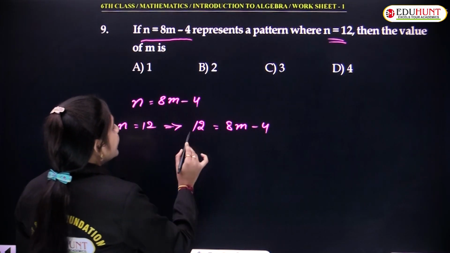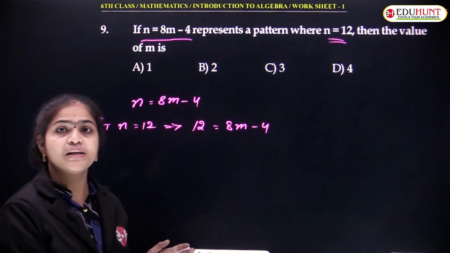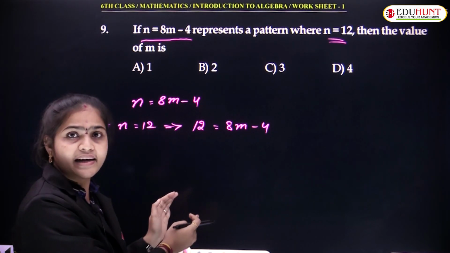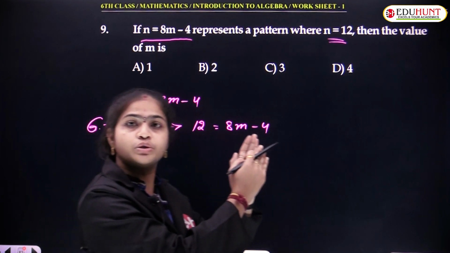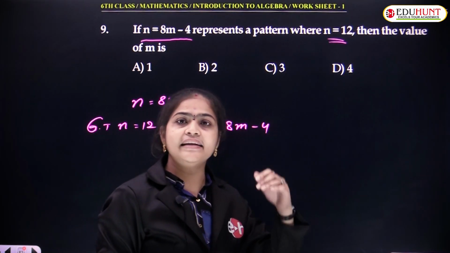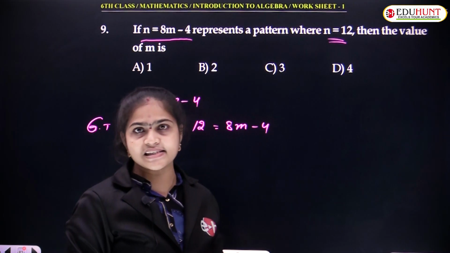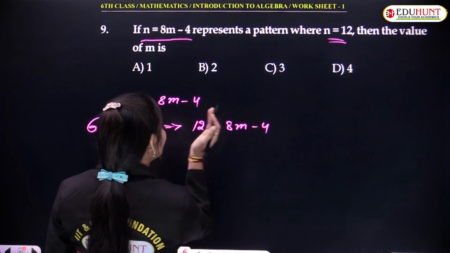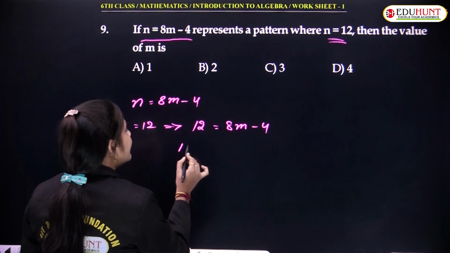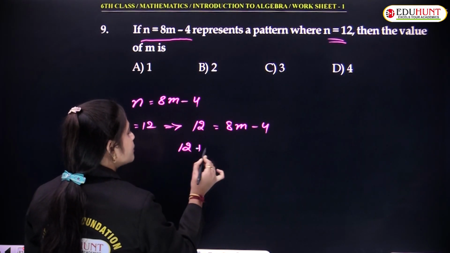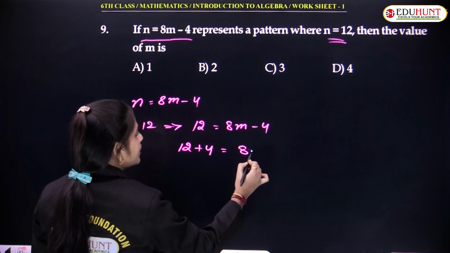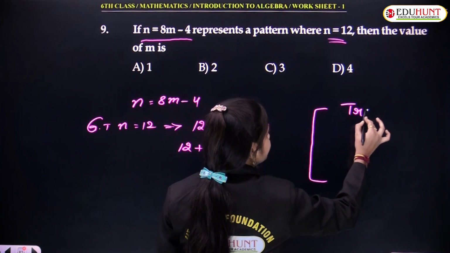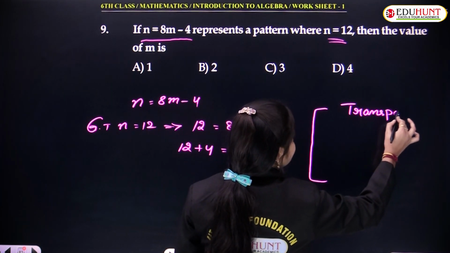See here, 12 is there. In the transposing method, what we learned? All the constant values we should write at one side and all the variable terms we should take at one side, either that is LHS or RHS. Now I want to convert that -4 into the LHS side. Then -4 becomes +4, which is equal to 8m. Why? Because of the transposing conditions. While you are doing the transposing,